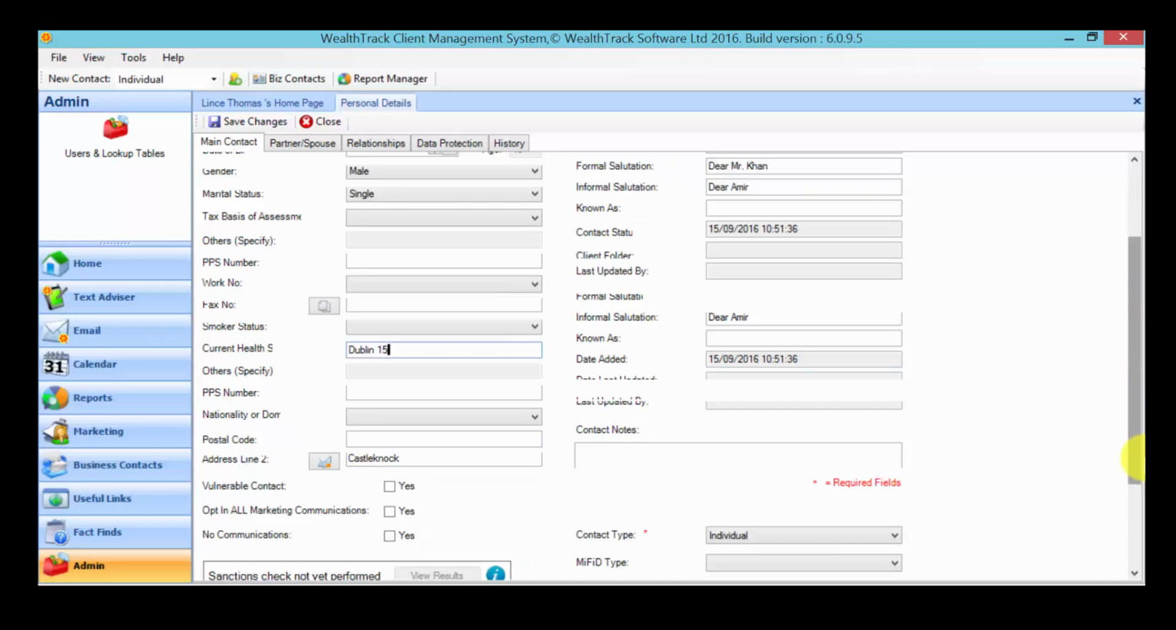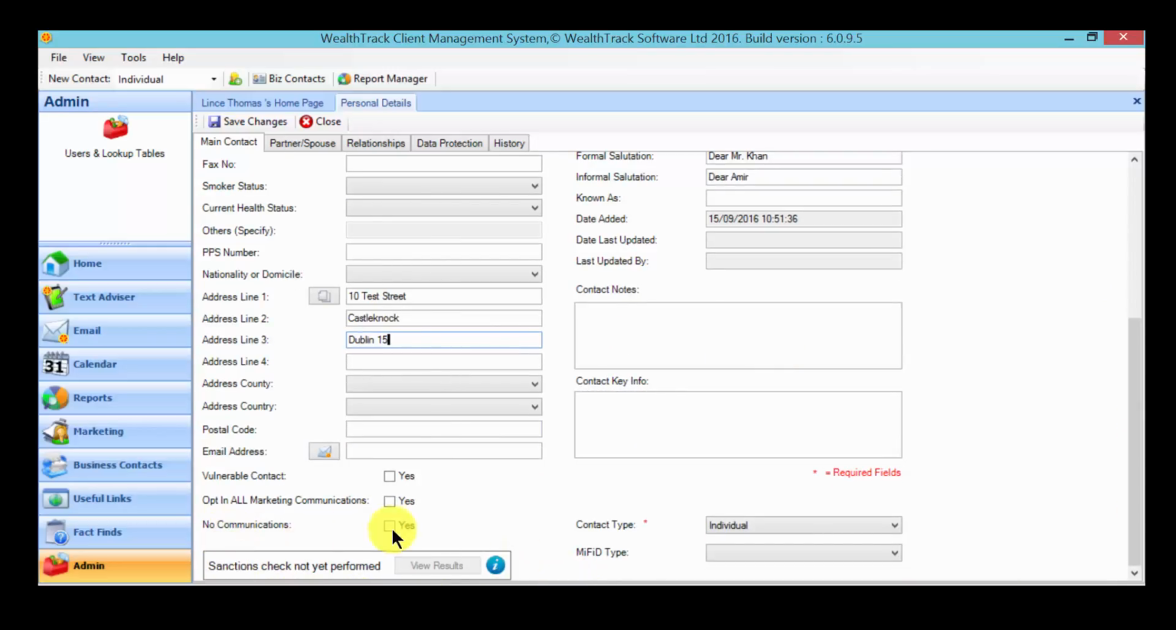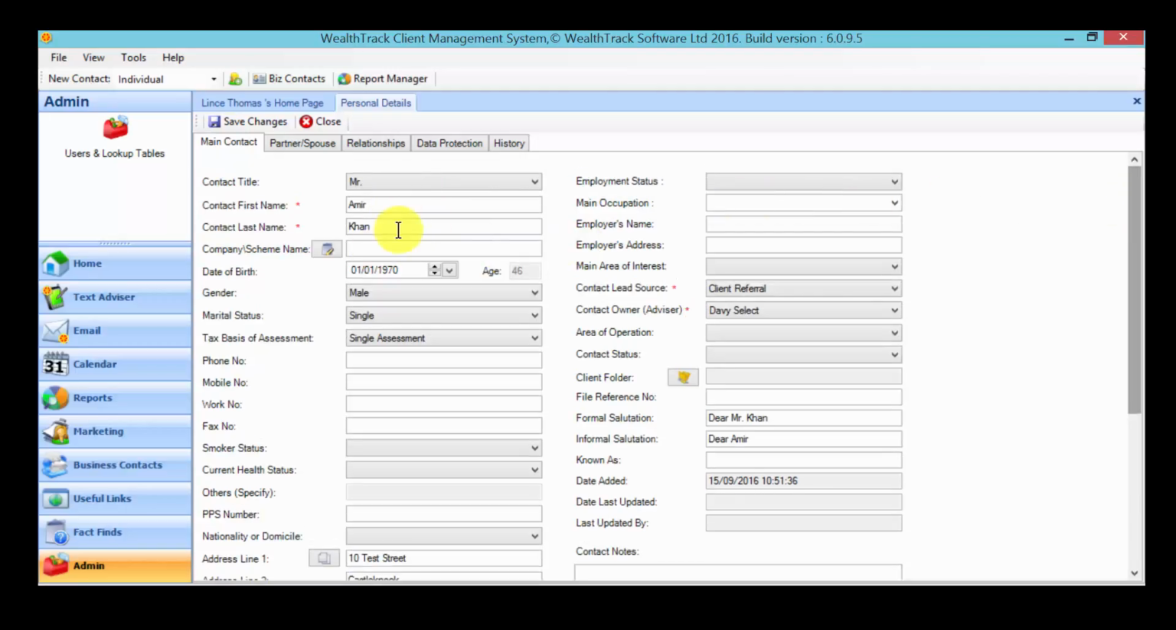If you scroll down to the bottom of this page, you'll see that there's a new sanctions box that's been introduced into the system. It's currently grayed out. It says sanctions check not yet performed, so currently nothing has taken place. But once I actually save this contact,